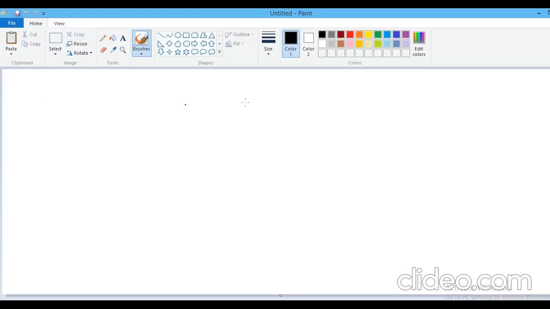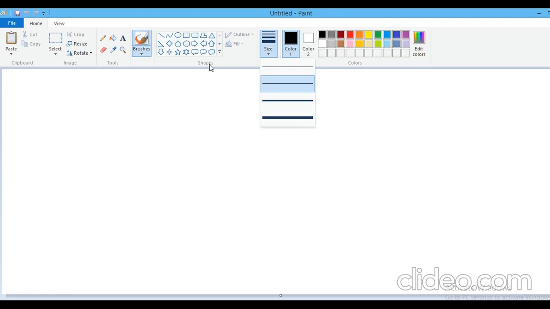Again I am telling you, Paint contains 5 groups with the names clipboard group, image group, tools group, shapes group and colors group. Different groups contain different tools. The color box contains different colors to fill color in your drawing. The size group contains different line thicknesses for your tool.